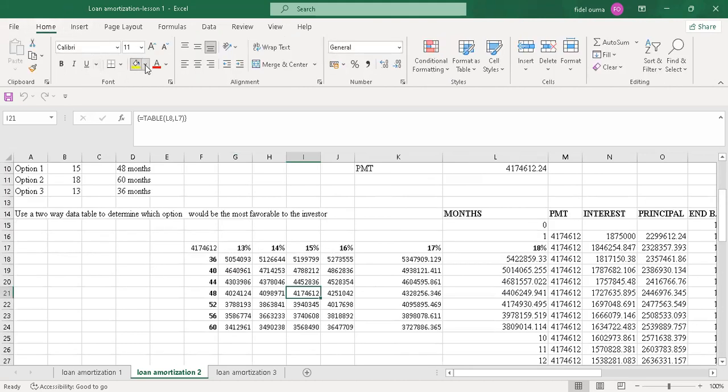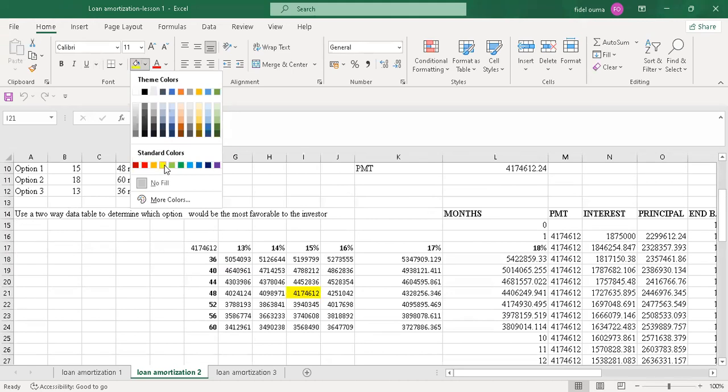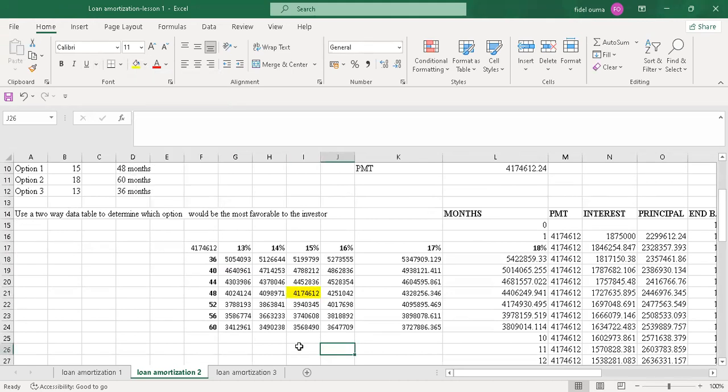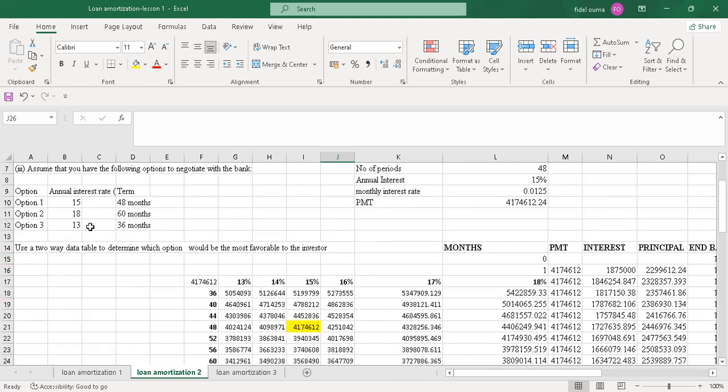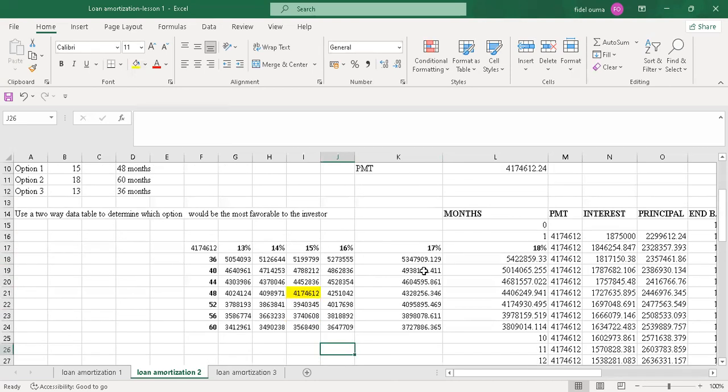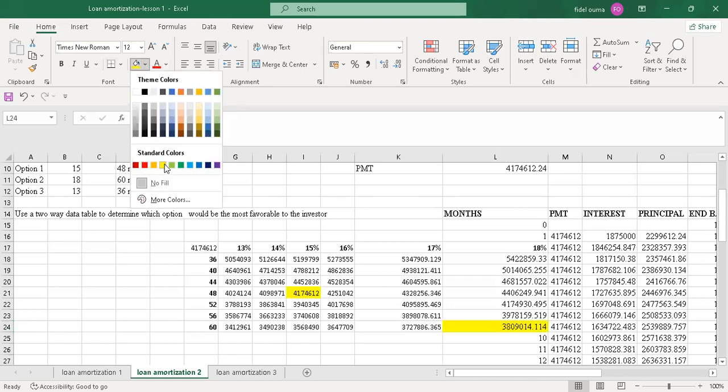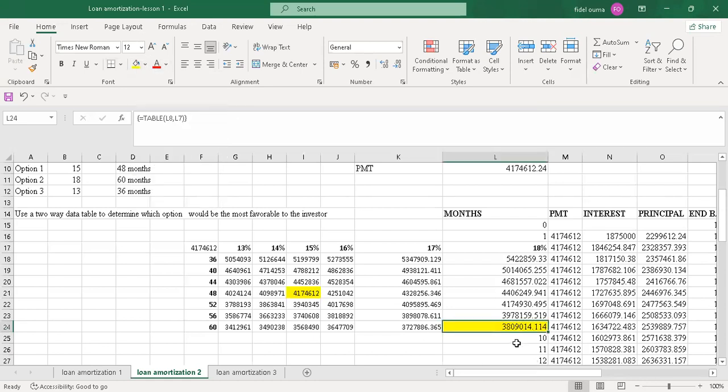I'll highlight it. I'll go to Chrome and put a yellow mark. So it is around 4,174,612, the exact amount we had for 48 months. We'll be paying this monthly. Then the next step is 18% at 60 months. So I go to 18 here for 60 months, and I'll also put a yellow mark. You can see it's